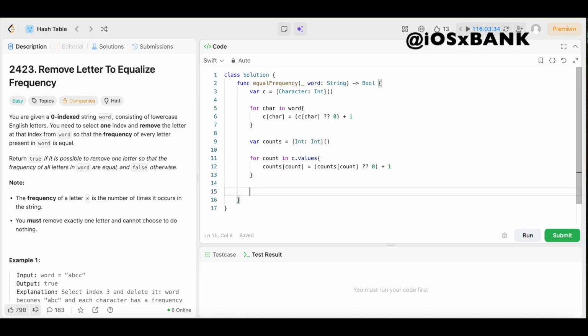Now, for case 1, only one frequency exists. So we'll handle that by saying if counts.count equals 1, we'll open up the brackets and either all characters appear once, so we can remove any one character, or all characters appear the same number of times and removing one full character fixes it. So we'll say return counts[1] != nil